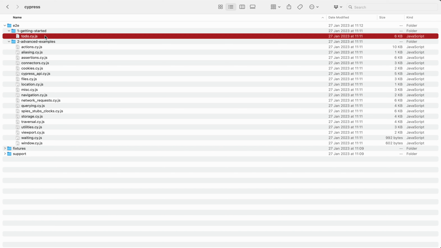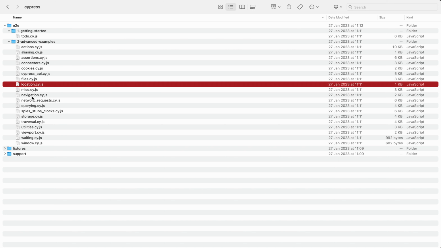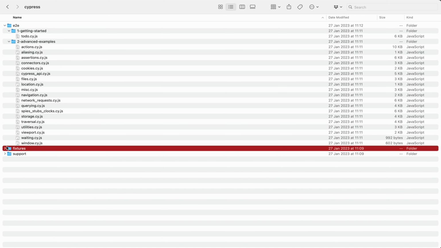Spec files may be written as JavaScript, in this case they are .js, but you can also use TypeScript, and there are other formats that are applicable to Cypress as well. I'll go into what these spec files look like in a different video, but for now we'll just move on